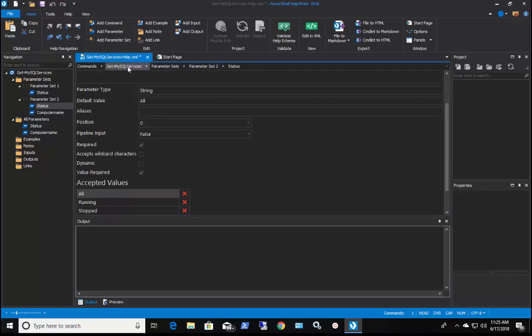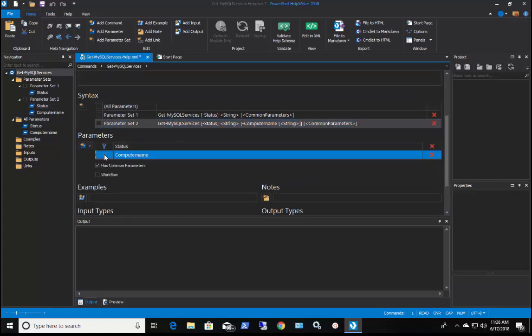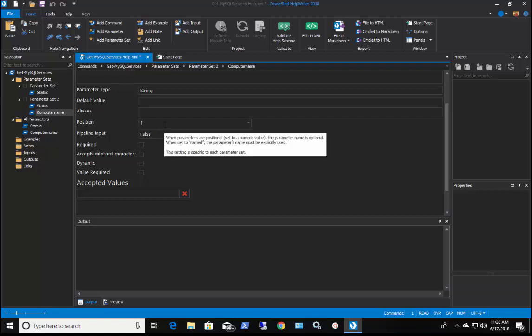So I make all my changes here and go back to my parameter set 2, and I'm going to make sure computer name, everything is okay there. Parameter type string, name, see here by default it comes with name. I'm going to change it to 1. It's going to be my second parameter, so 0 is status and 1 is computer name. I did put all my changes here,